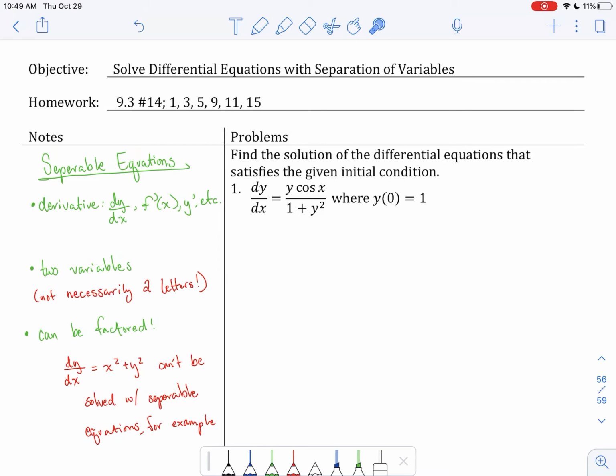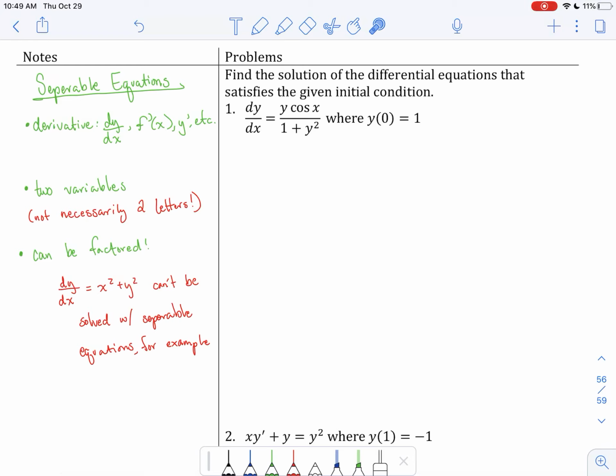Now here, let's talk about how to solve these. So find the solution for the equations that satisfy the given initial condition. Now the goal for a separable equation is to separate it into having one variable on one side and one variable on the other. That's why I always recommend that you rewrite any derivative that you have as dy dx. Because the first thing that you're going to do is multiply by that denominator on both sides. That's always going to be your first step with something where you already have the derivative by itself